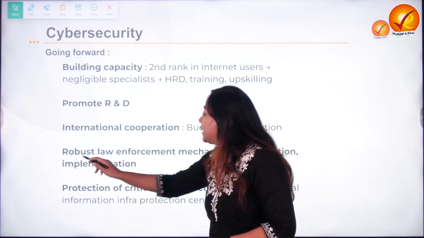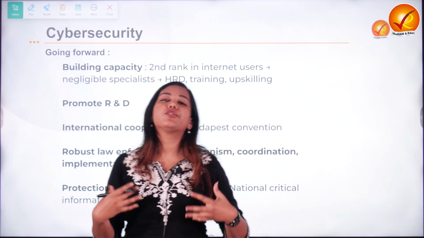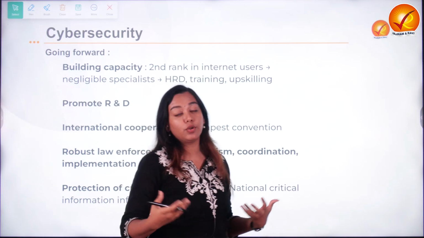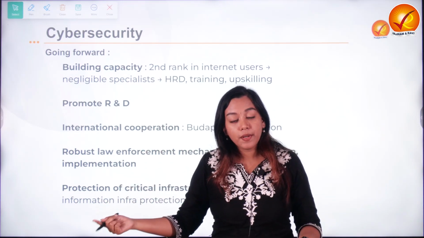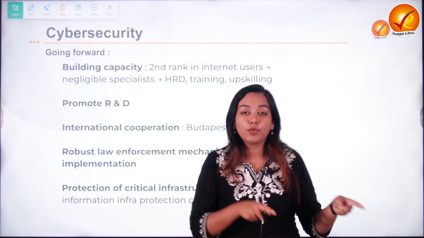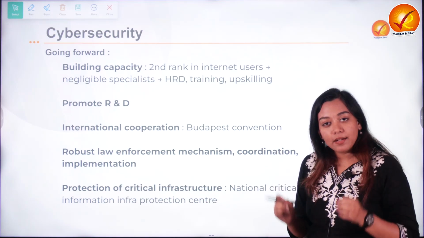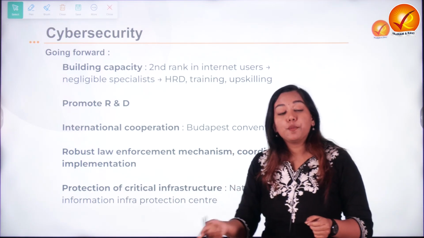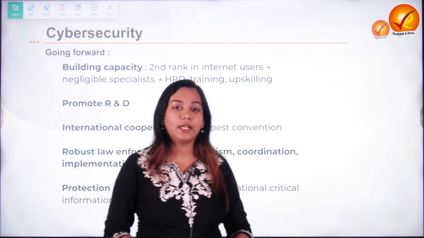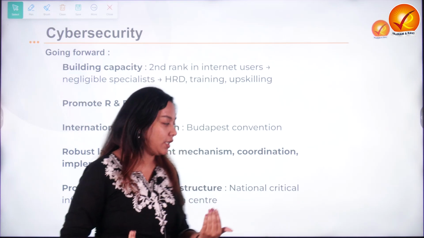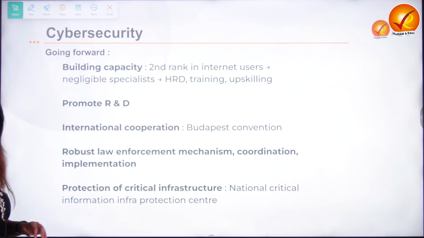Next, there should be robust law enforcement. We saw that a lot of laws are there. IT laws are there, but most of them are also outdated, because cyber laws, as I have told you, are evolving. So we need proper revision of the laws, and moreover, we need a surveillance mechanism to ensure robust enforcement of the laws. There should be mechanisms for how to enforce them. There should be coordination between multiple agencies. I4C is good, but not everything. We need more and better coordination, right? And then we also have to ensure their proper implementation in spirit.